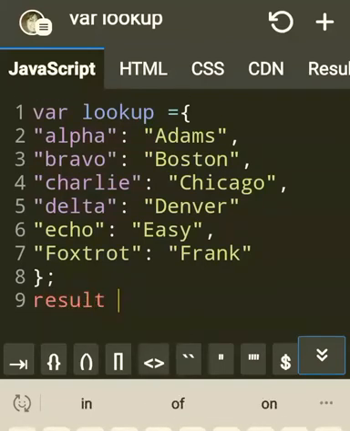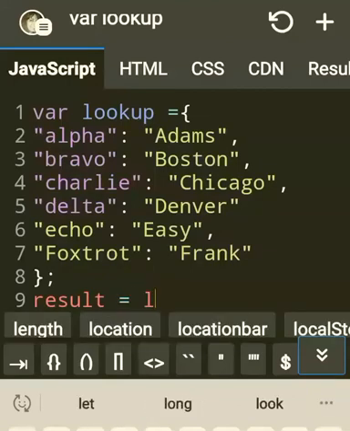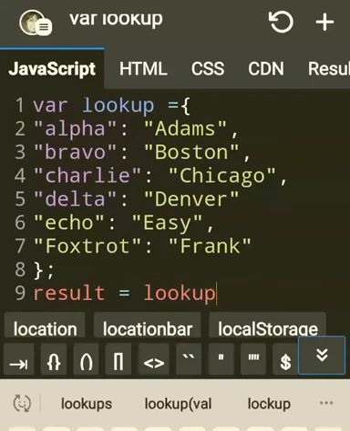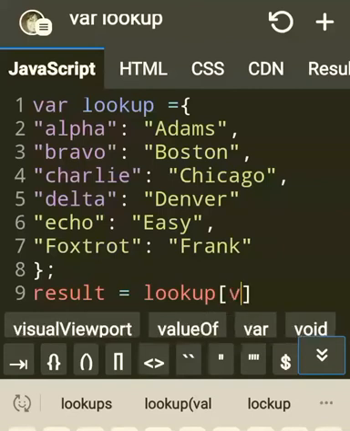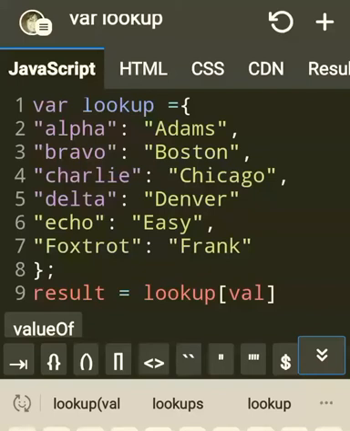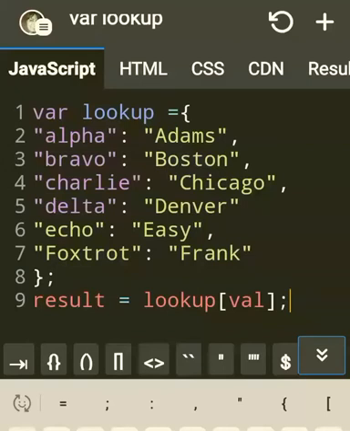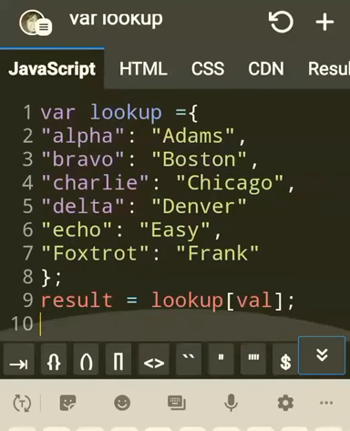And then result. So what was the formula for the result? Result is object, which is lookup value. Look up the value. So this task is all about looking up the value and getting the result. If you say it in human language, it is looking up values to get the result. If you write it in JavaScript, it is result equal to lookup value. Simple. You don't have to worry about syntax and get upset. Just think of it in human language: looking up value to get a result, or getting a result by looking up value. Simple. How do you do that? Lookup val, bracket notation, result equal to lookup val.